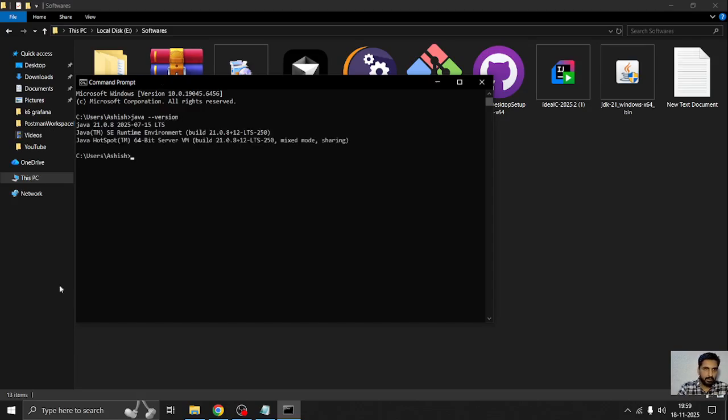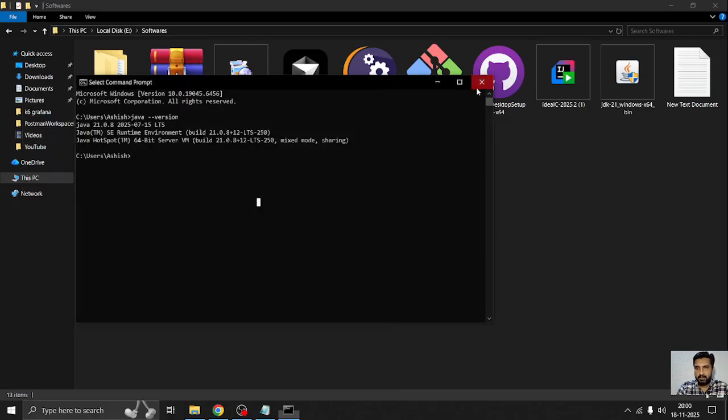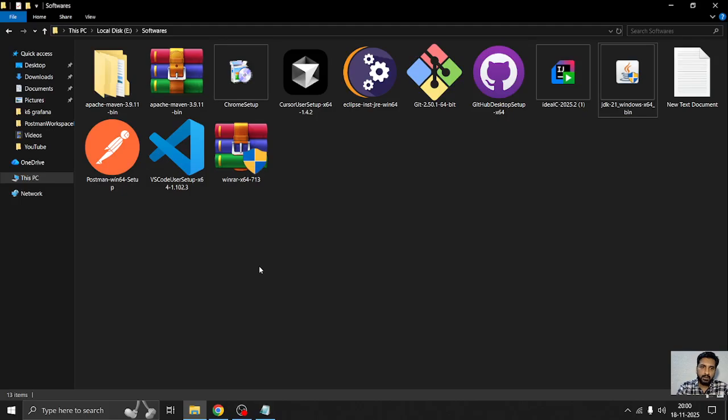So you will be able to see this Java 21.0.8 is installed on my machine, right? So same way you guys can follow the steps. There is one more thing you should ensure while installing this JDK, we also need to define the environment